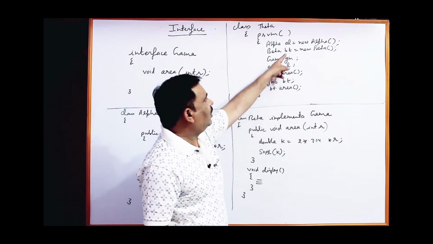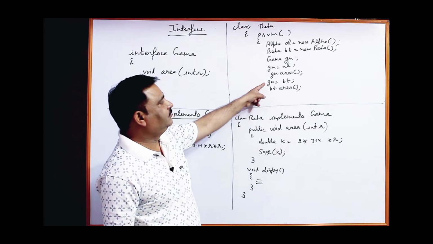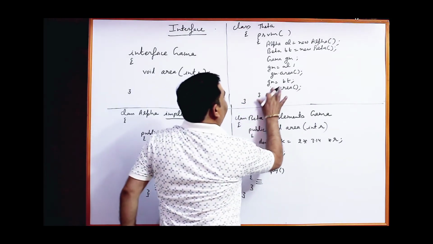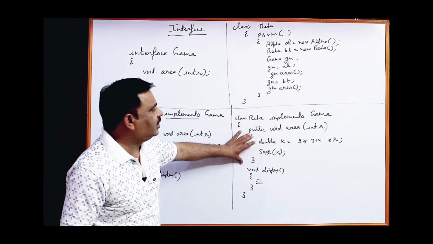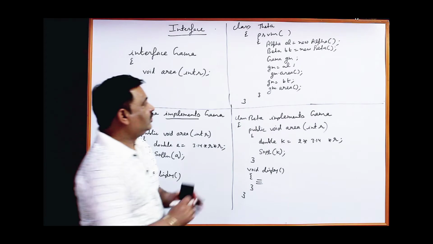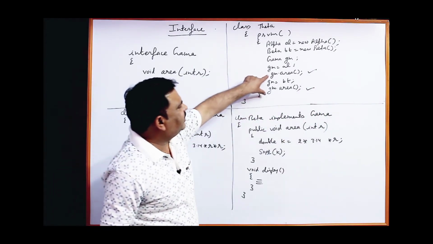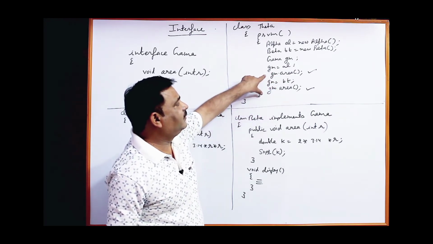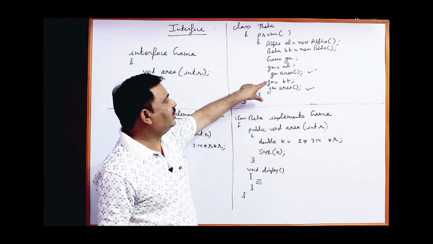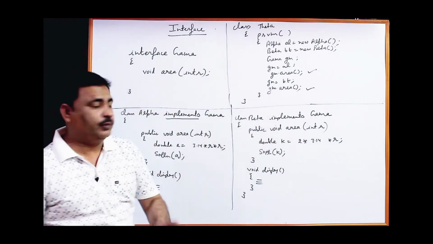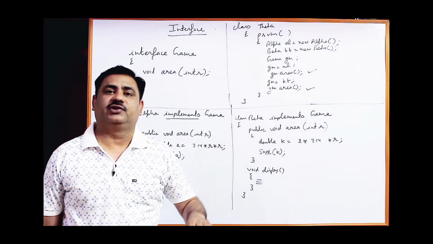Now next time, the object of beta class, I am storing the reference of beta class object in gm. Now when you call gm dot area, then the area function of beta class will be accessed. So see the difference here. First of all, the similarity: the statements are the same, cm dot area, gm dot area. But here the function of alpha class has been called, and here the function of beta class, because it stores the reference of beta class. This way we can use one object of gamma class to access the functions of different classes.